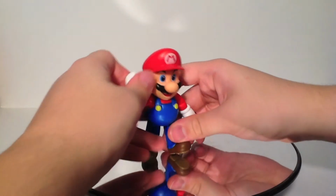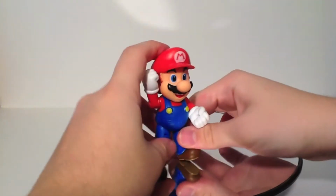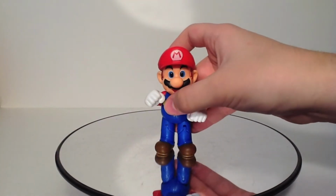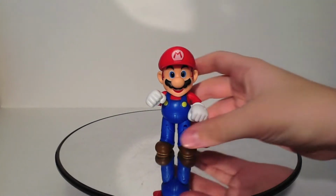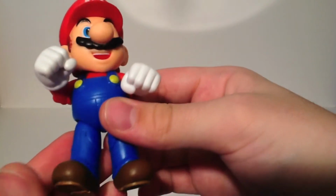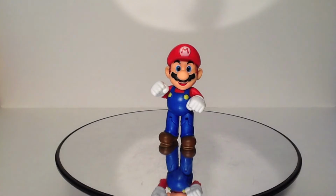So you can get him some cool jumping up and hitting block poses if you're holding him up, or, "I'm going to be brawling in Smash Brothers while smiling like an idiot." Yeah, a Smash Brothers version of this Mario would be cool later on the line. Now, overall, the figure does have slightly limited articulation compared to some other 4-inch action figures out there, like Marvel Legends. But he's actually got more joints than the DC Multiverse line, so...